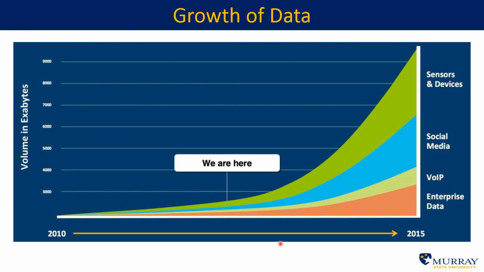So where does big data come from? What are the typical sources of big data? Now, nowadays we're somewhere here where approximately an equal share comes from enterprise data, meaning organizational information systems such as ERP system, from telecom databases like voice over IP data, from social media, and then from different sensors and devices such as gas meters, temperature meters, and so forth. But it is predicted that in the future, and we're already approaching that stage, we're somewhere here in 2015, most of the data will come from social media and sensors and devices.